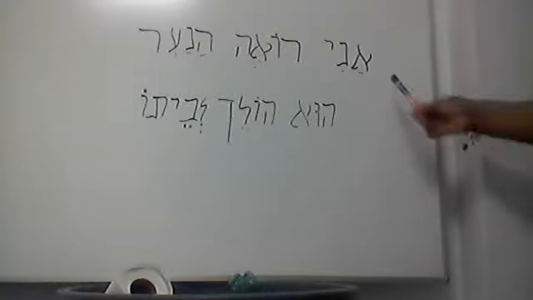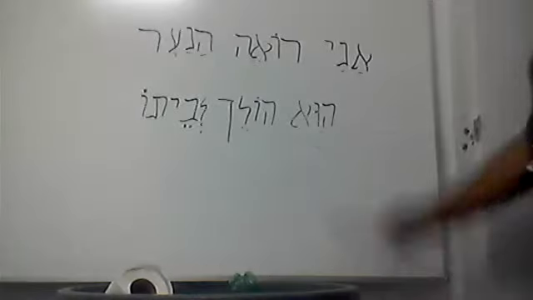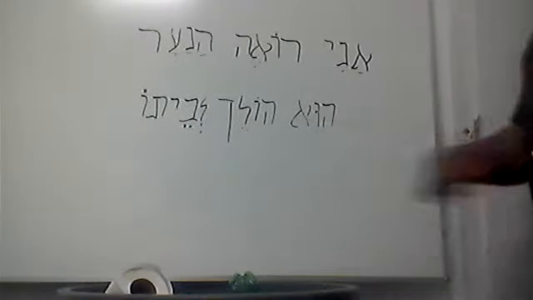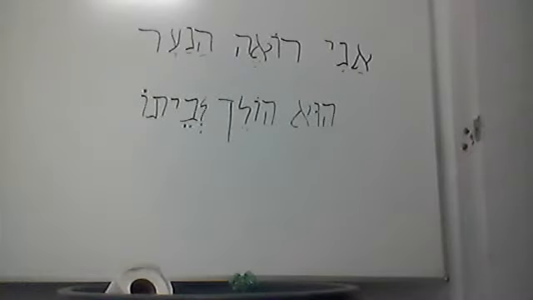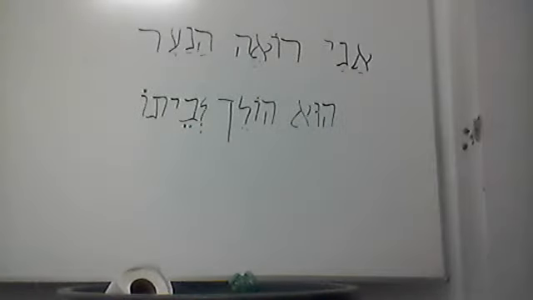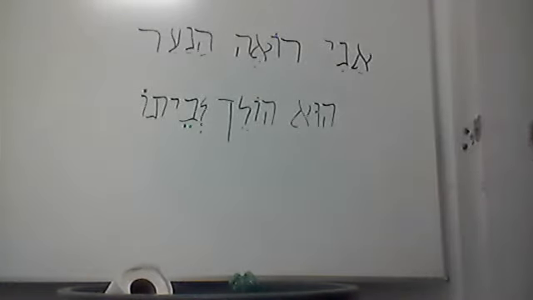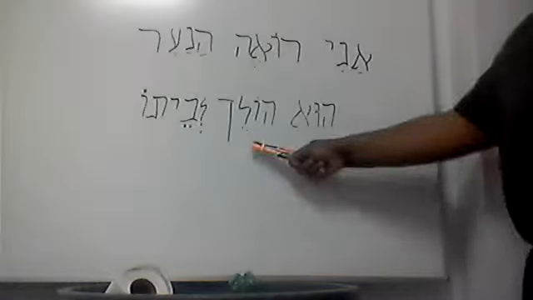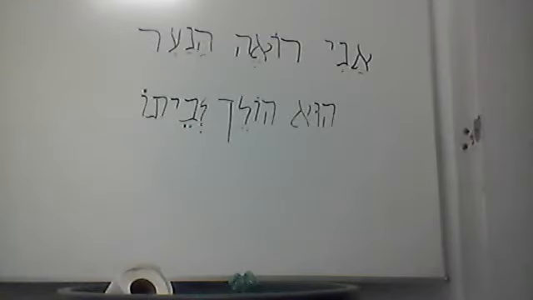One more time. Ani ro'eh hana'ar. I see the boy. Hu holek lebeto. He is going, present tense, to his house. It can also be said as, I see the boy, he goes to his house. So is going, go, or goes, whatever the present tense is, can all be gleaned from that same particular word that we're seeing right here. Hopefully that will be noted for edification purposes.